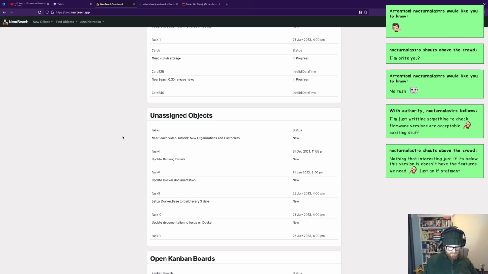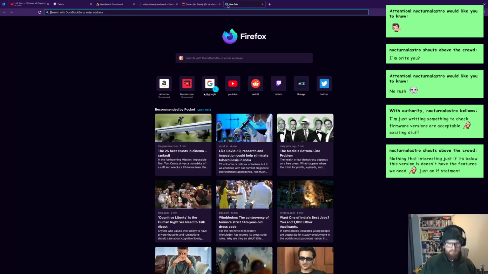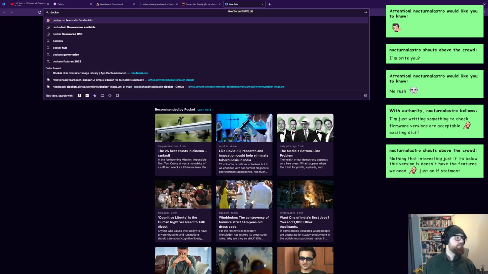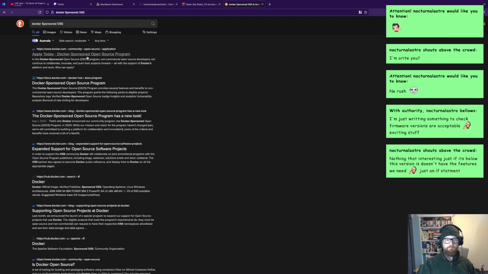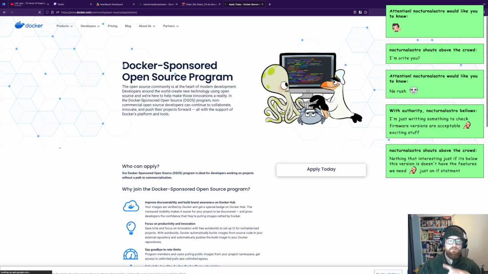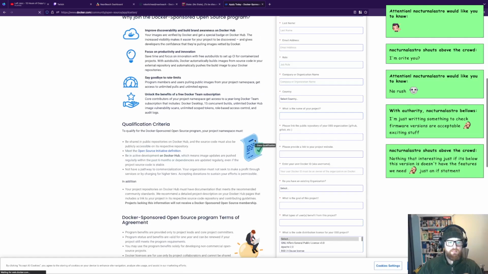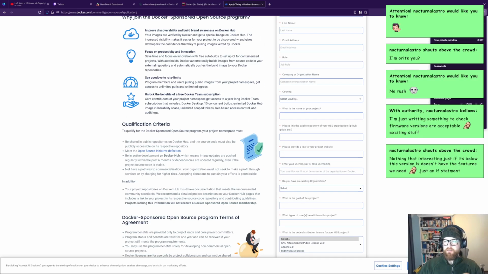I've also had a look at Docker's, and the third one is deploy Docker sponsored OSS. So at the moment, I think we're close to meeting all the conditions. So if I zoom in,